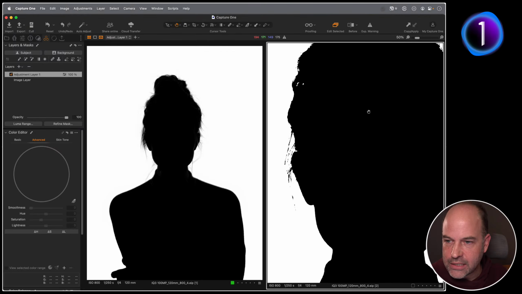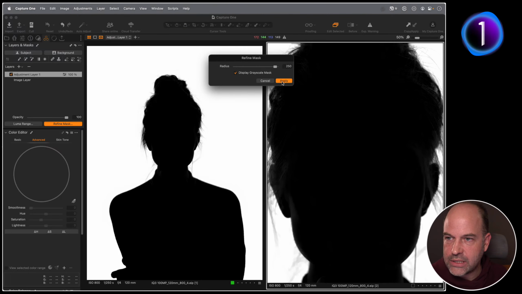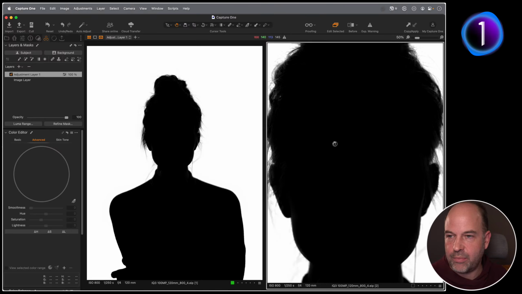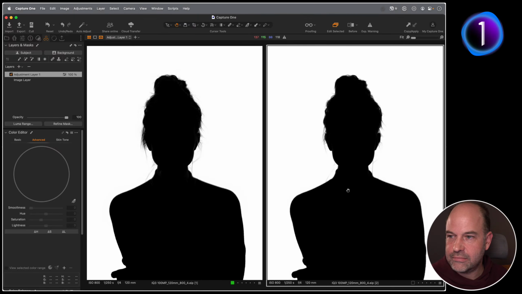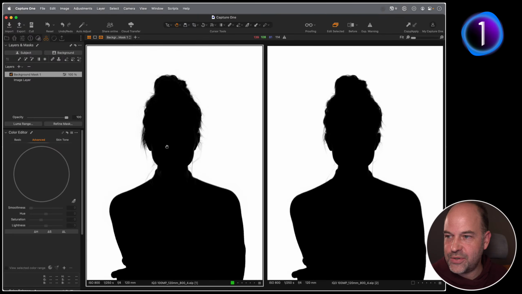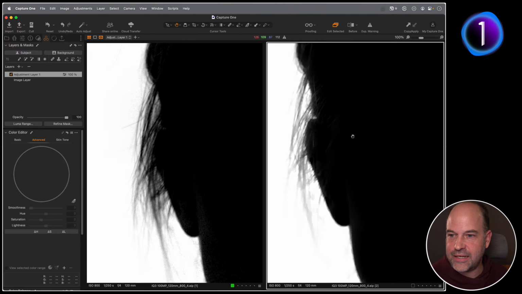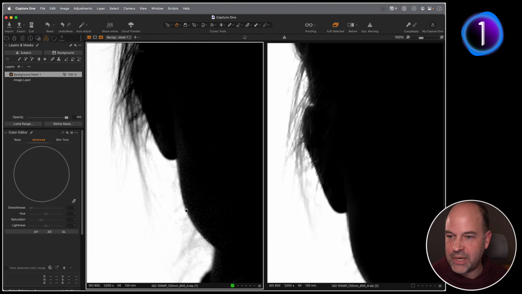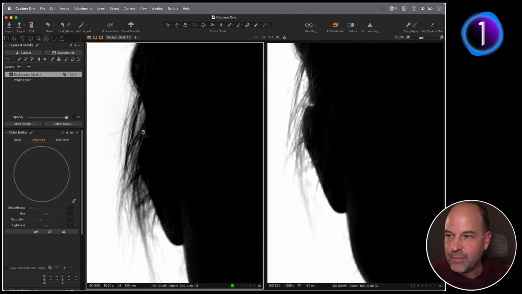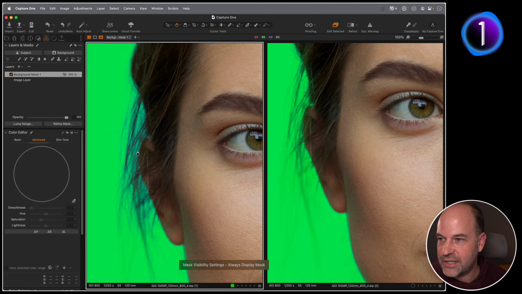So if I just cancel out of that for a second, let's just bring this down. So you can see it's almost like bleeding into the skin, so that might be a little bit too much. So let's just go for that and say apply. So now, they don't look that far off different, but there's an interesting, so let's look on the right here. Slight interesting difference here. So on the AI one, it's picked up a little bit more of the fuzzies and so on, but the mask looks like this. So it's missed a bit of the background behind the hair, whereas on the color one, because it's color based, it's picked everything up like so.